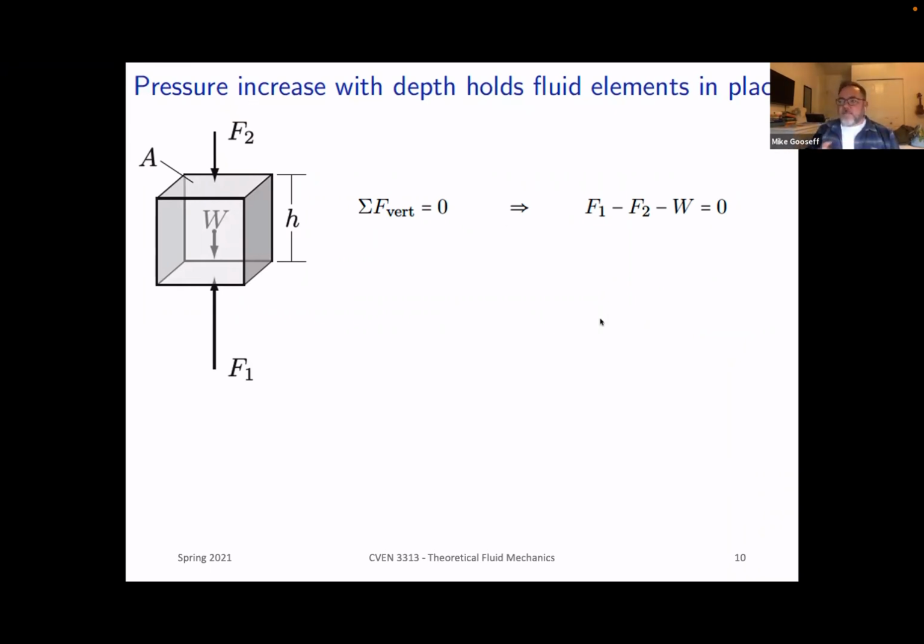The last thing that we ended with the other day was that there's a pressure increase with depth that will hold for fluid elements in place. And so we said that the sum of the forces in the vertical direction equals 0. That gave us F1 acting upward, F2 acting downward, weight acting downward. The sum of those equals 0. And what that meant was that F1 minus F2 was equal to